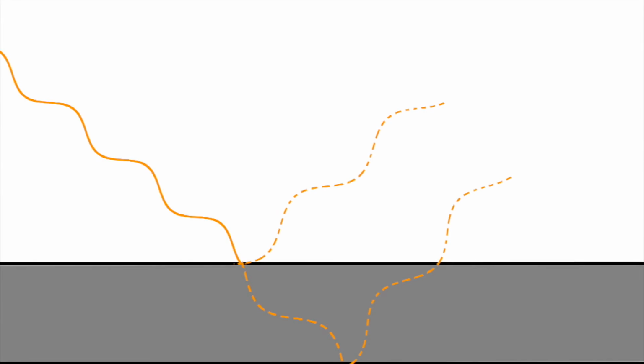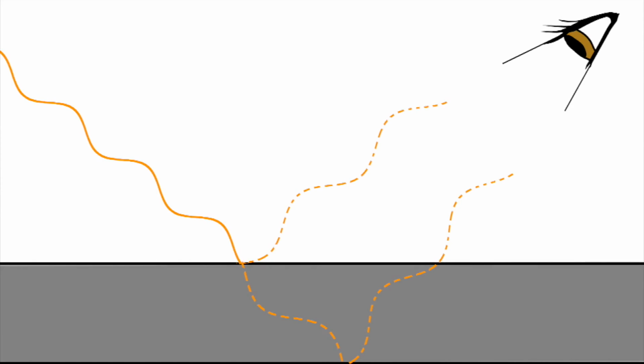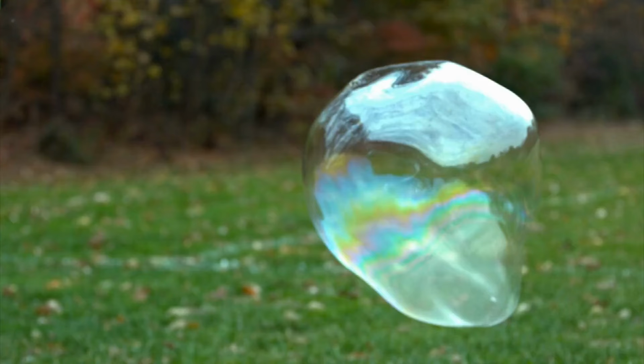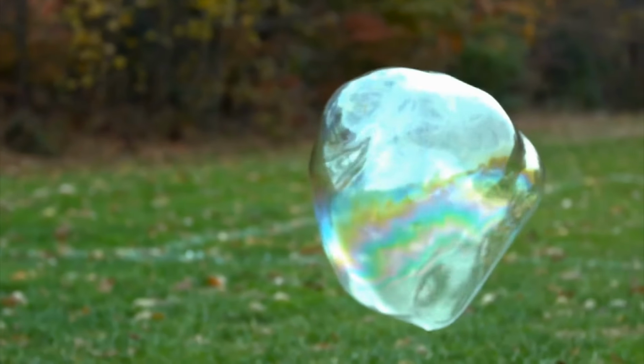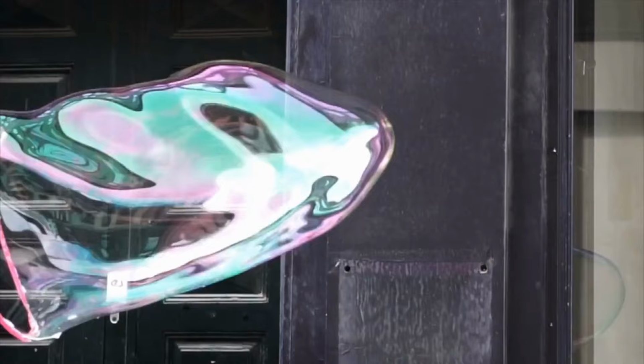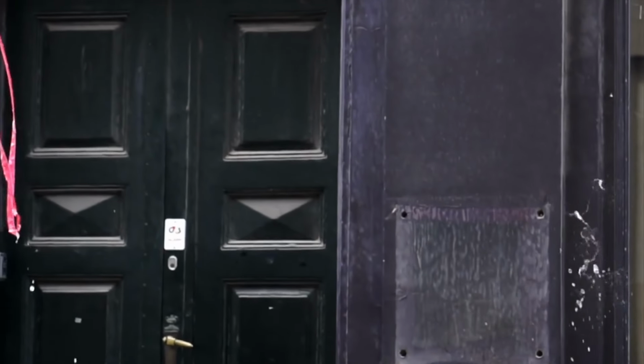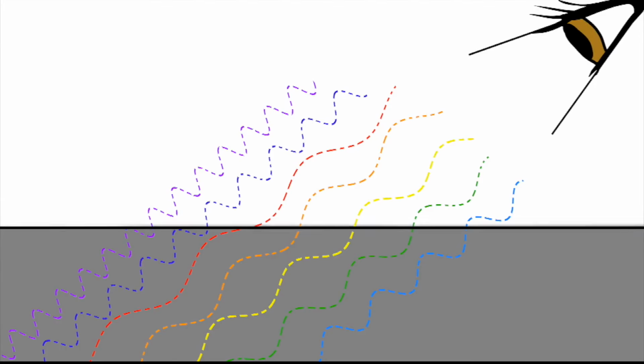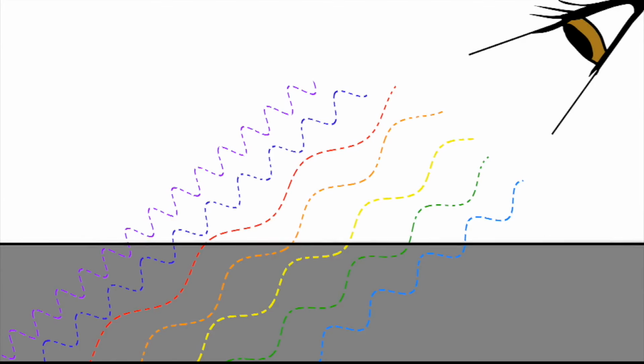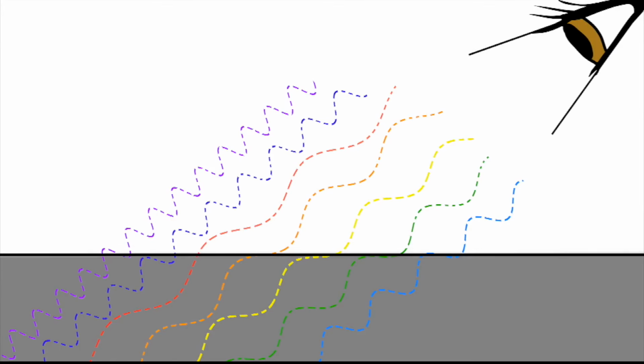Light waves demonstrate constructive interference, then we can see the colors of those light waves. The colors change if the film gets thinner. In the case of bubbles, this is when they start to evaporate and pop. As the film gets thinner, the waves with longer wavelengths, like red, orange, or yellow,